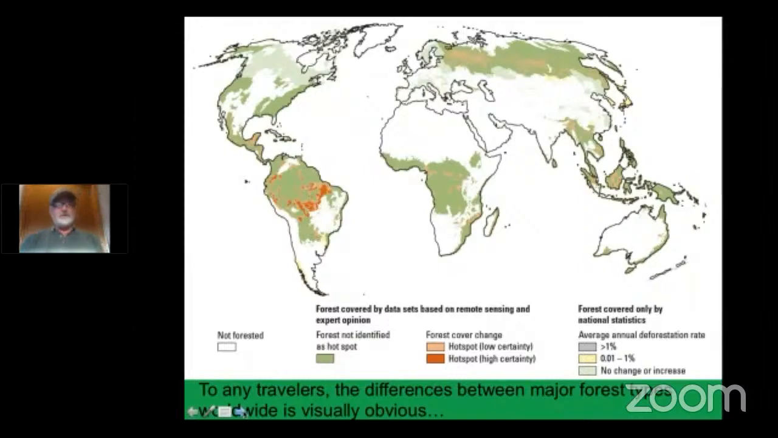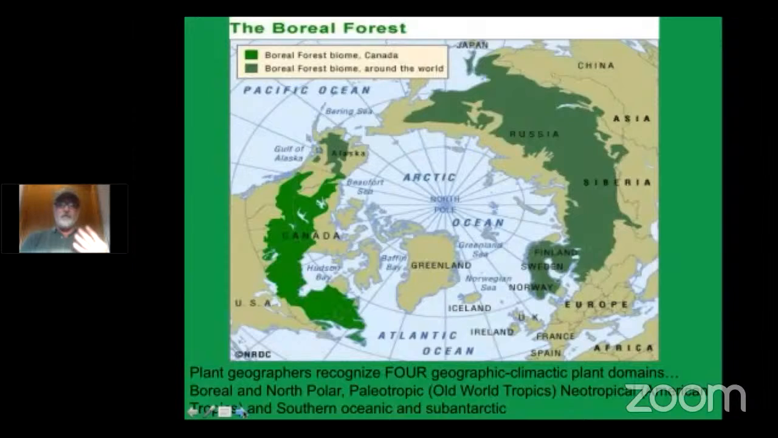And most plant geographers recognize four basic geographic climactic plant domains. Now, there's different ways to categorize forests around the world. We'll talk about a couple of them tonight, not a lot of them. But the geographic climactic is the main one. These are the areas of the world that have a similar climactic regime, and each